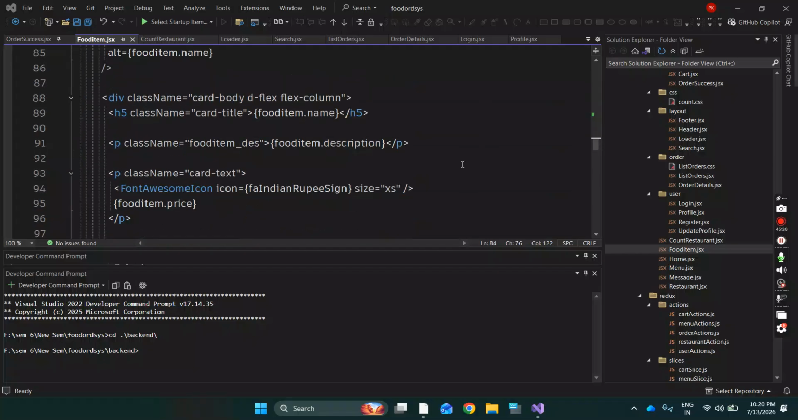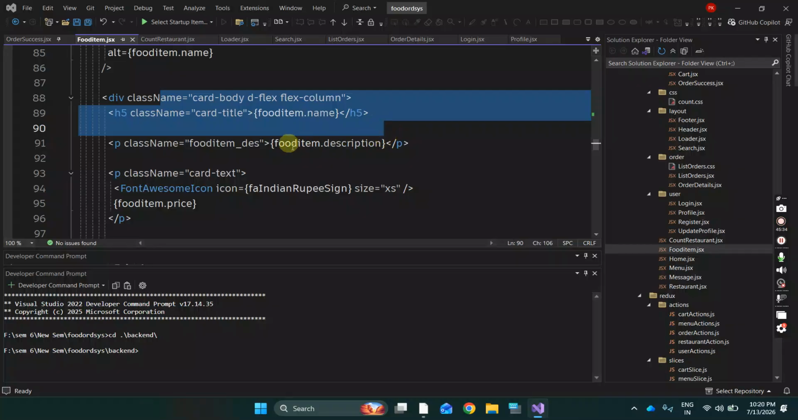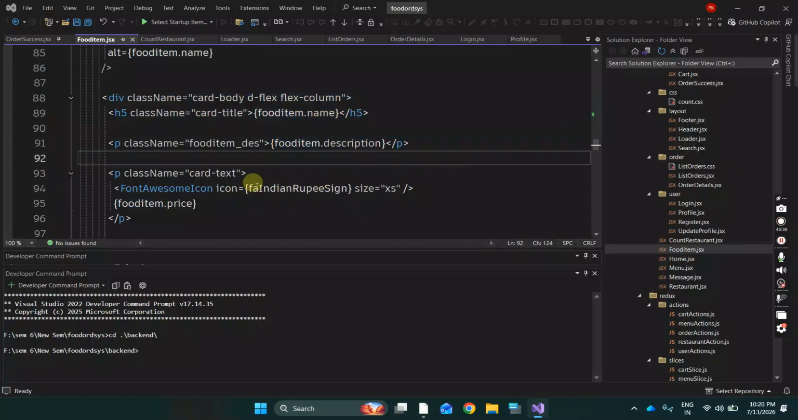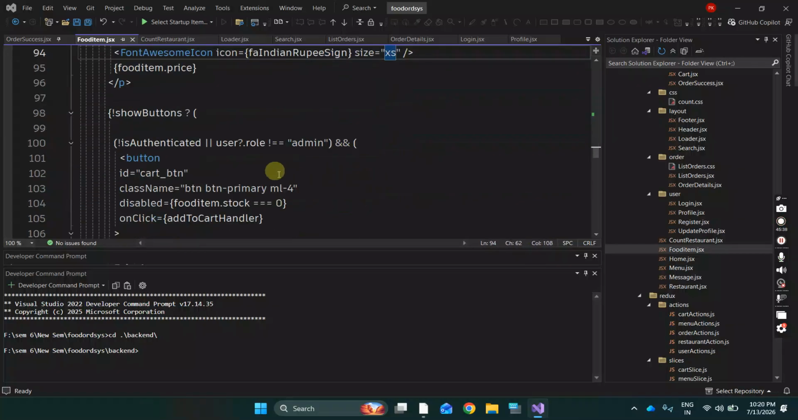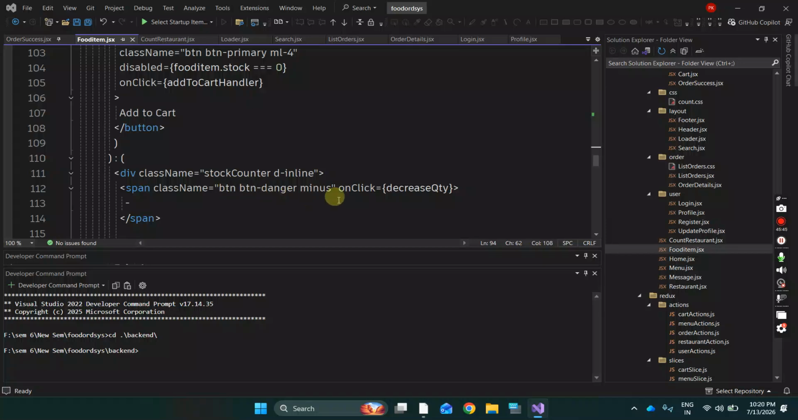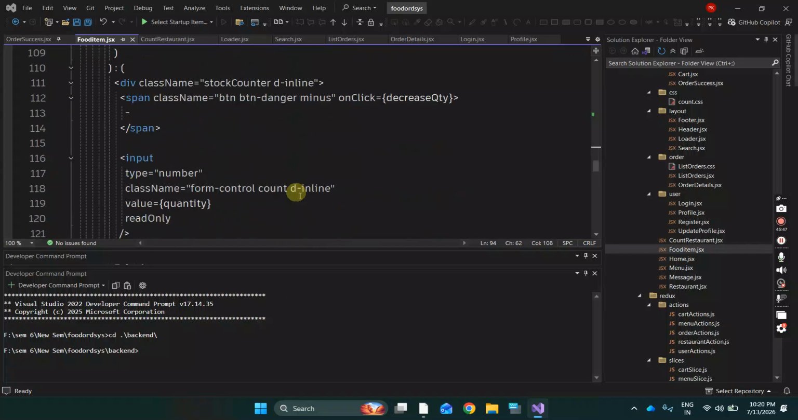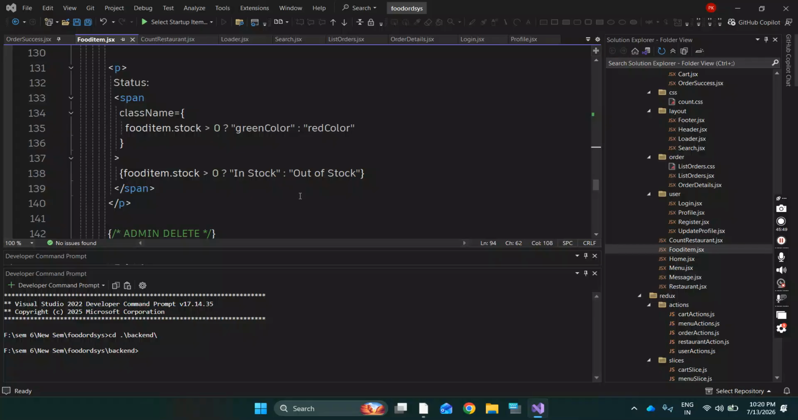So in this food item, it specifically speaks about the food item name, its description, its price. Okay, and who is authenticated here to use it. So this is what is happening with the food. Okay,